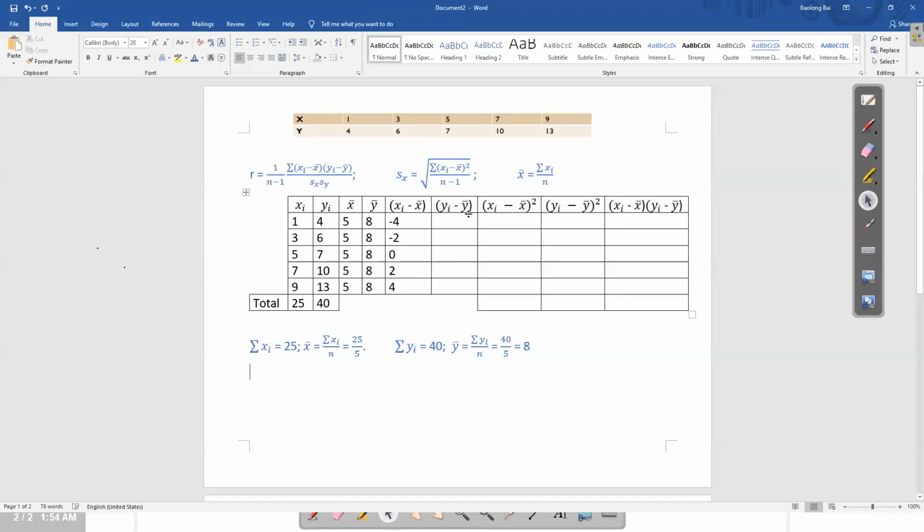Then yi minus y bar, that will be the yi column minus the y bar column, right? So 4 minus 8, that's negative 4. 6 minus 8, that's negative 2. And 7 minus 8, that's negative 1. And 10 minus 8, that's positive 2. And then 13 minus 8, that's positive 5. And then